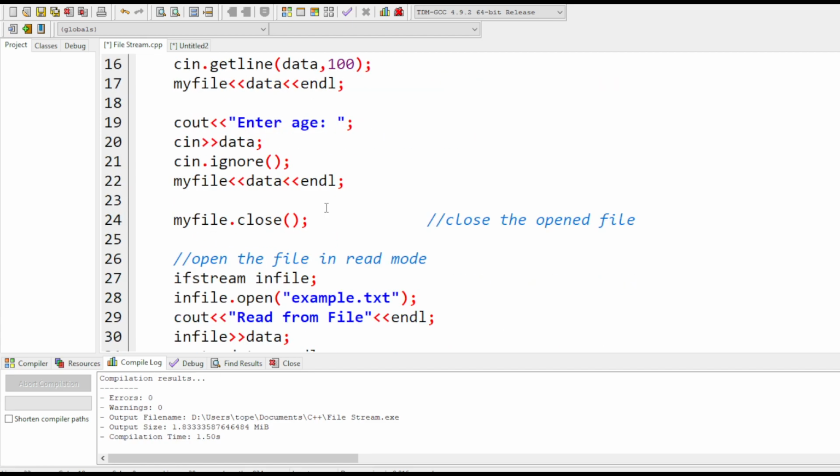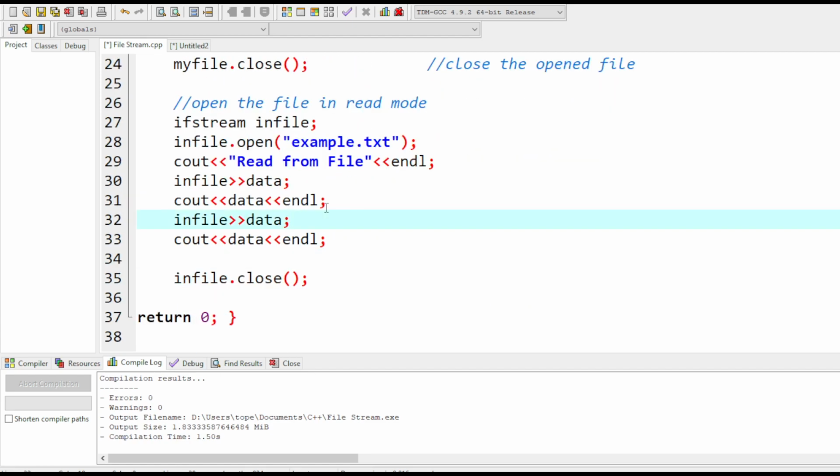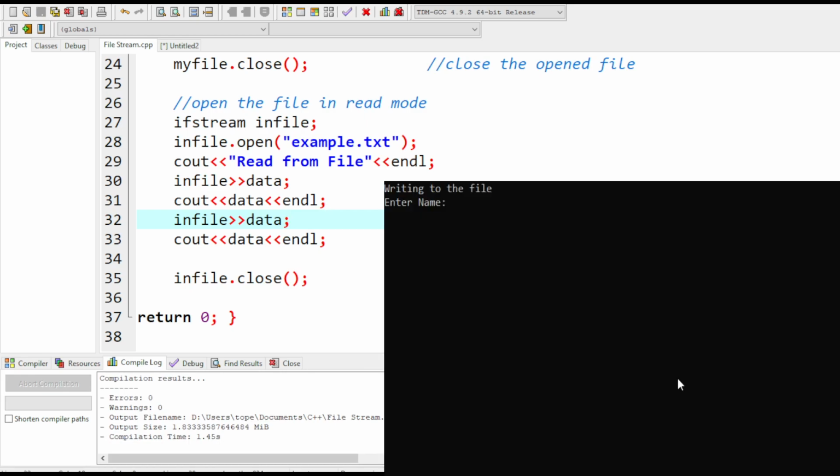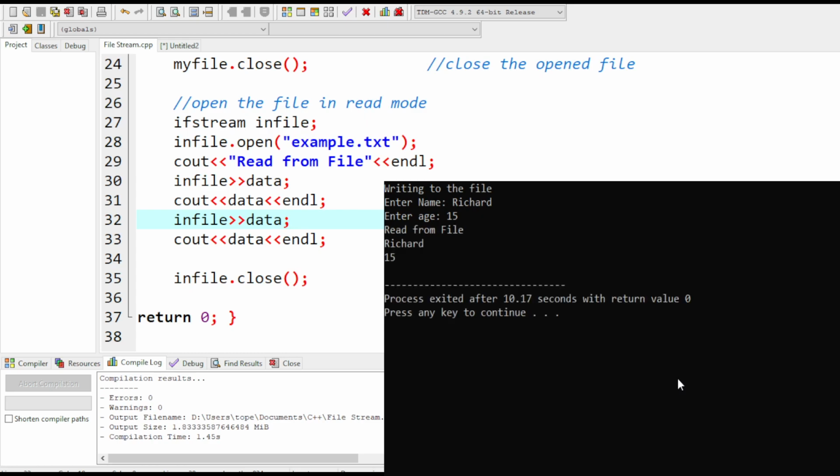Okay, let's try to compile and run. So for example, we have here Richard and 15. So we have here writing to the file, enter name Richard, age, enter age 15, read from file